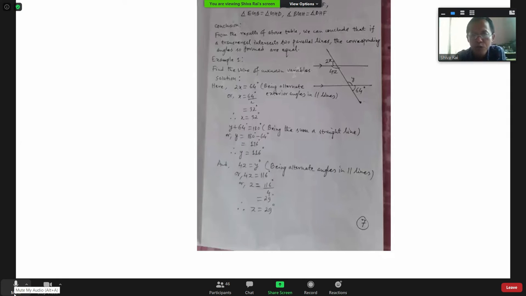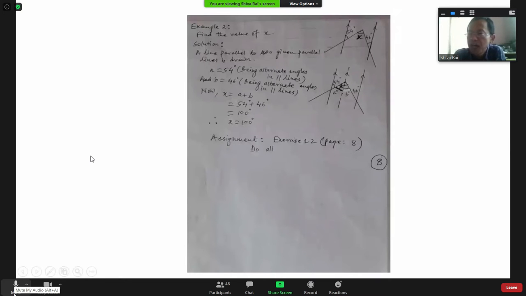Okay, now I'm going to share another page, another example. You look here. In this case, it is a little bit difficult. You must have creativity here. Here you have to make a construction. Construction does not always mean using a compass, pencil, like that. Not only like that; also we have to make a construction.